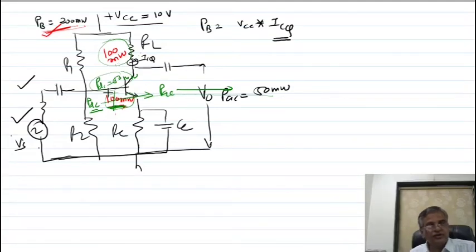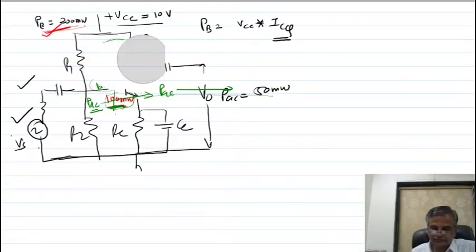I think you get the idea. How to deal with that, we have to see in a subsequent topic. So when input is not given, 50% is wastage here. When you give input, 50% of this is converted to AC. The remaining is still wastage in DC form here. This is already there. So we have to deal with this power and increase the efficiency.